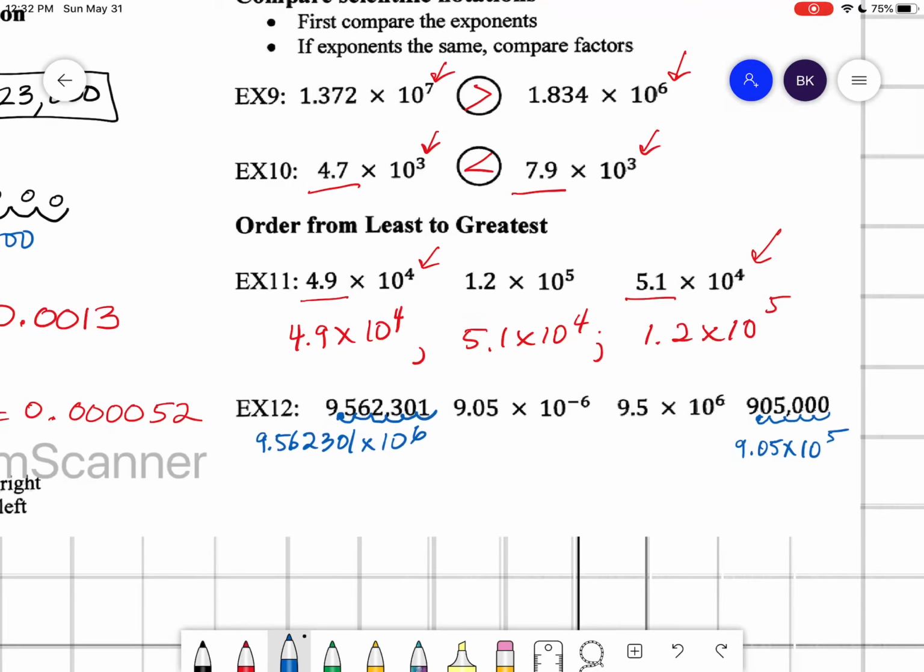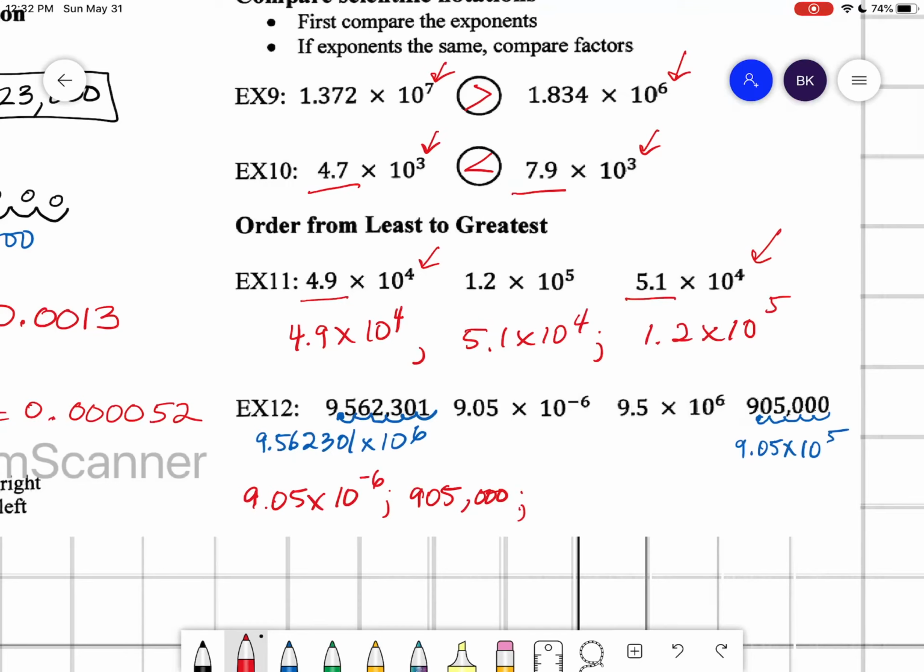Now I'm going to order them from least to greatest. Please use original numbers to list your answer. So -6 is the smallest exponent. So this is going to be our smallest one, 9.05 times 10 to the -6. The next one I have, let's see, 5th power. So I'm going to write this as